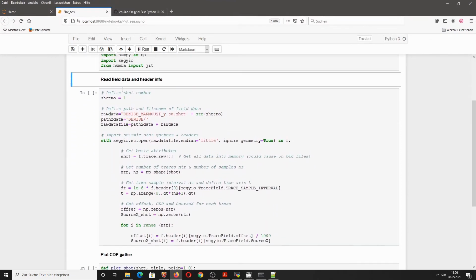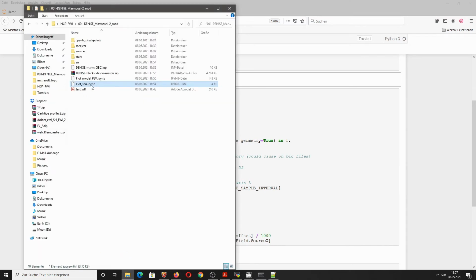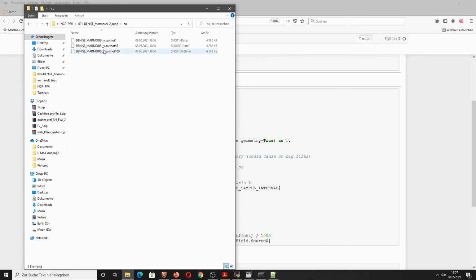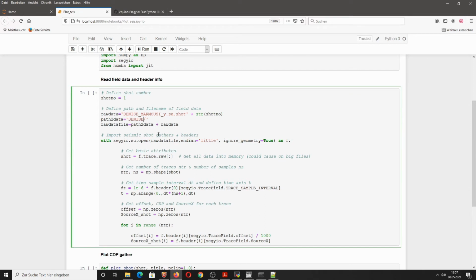And here I've now added a short code cell in order to import our Seismic Unix files and then visualize them later on here. So first we have to define again the path. So the plot SU in my case is located here, and the seismograms are in the SU folder. So this is simply SU.